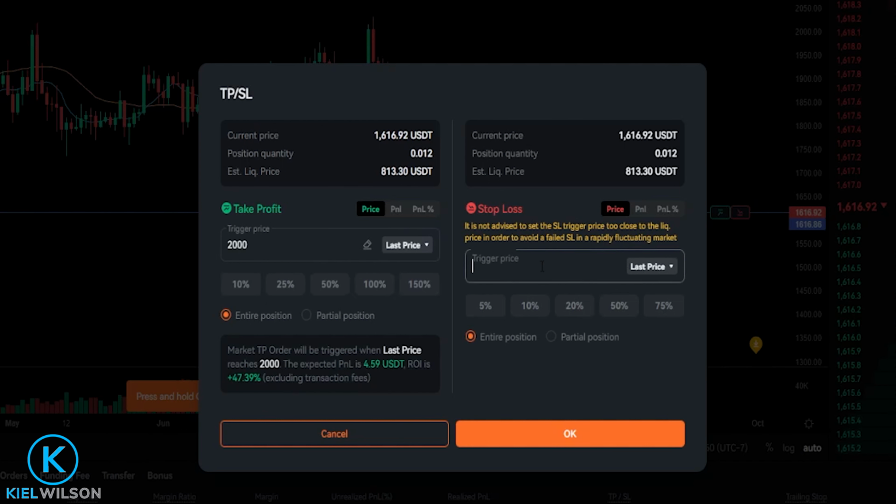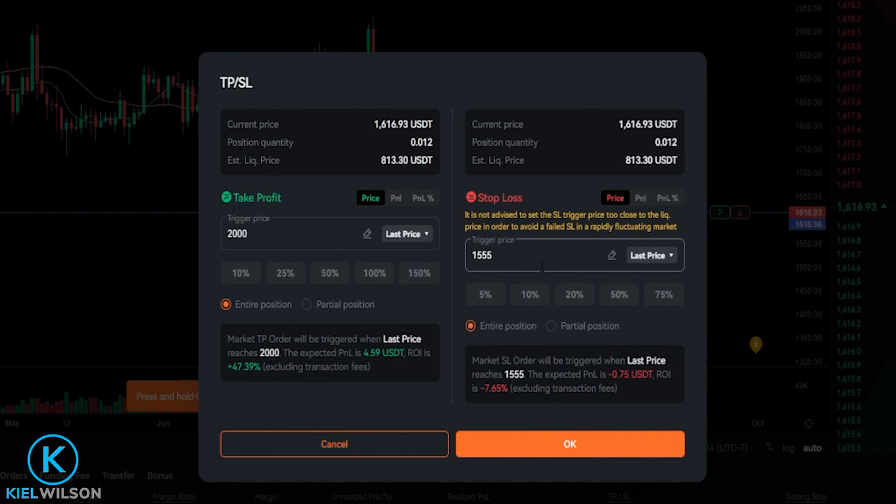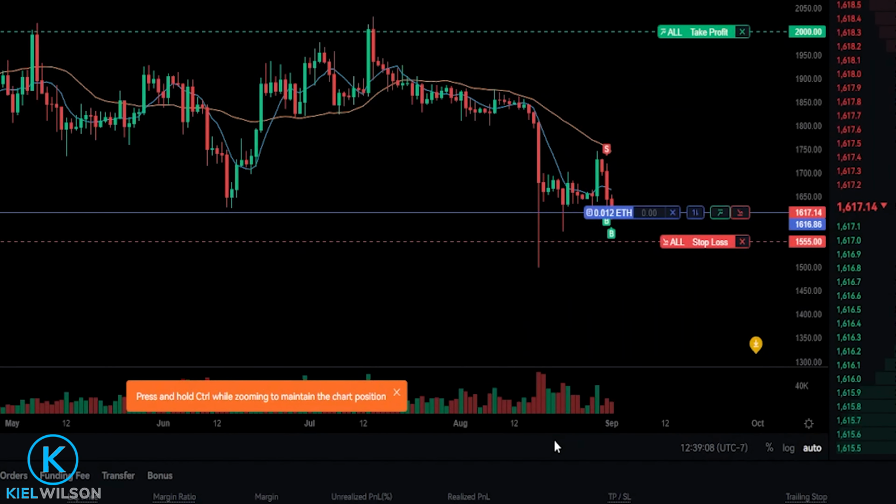So for this demonstration, let's just imagine that I want to set a stop loss at 1,555. Once again, I'll leave this on entire position. And then down below, you can see what the estimated loss would be if my stop loss gets hit. Once you get this set up the way that you want it, you'd click on OK. Now I've added a take profit as well as a stop loss, and you can actually see them right here